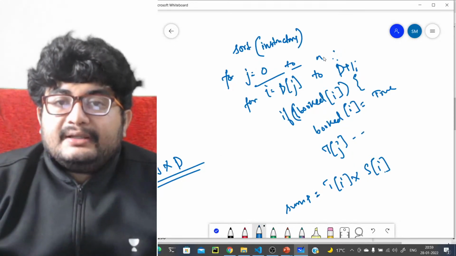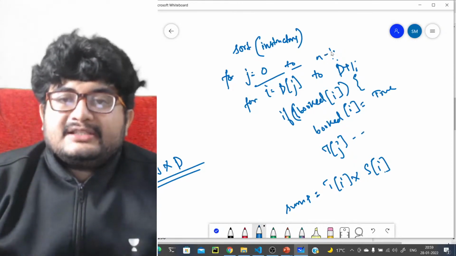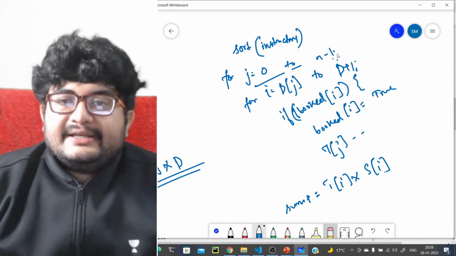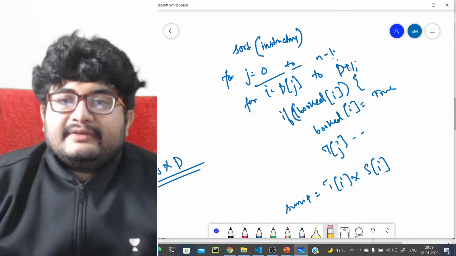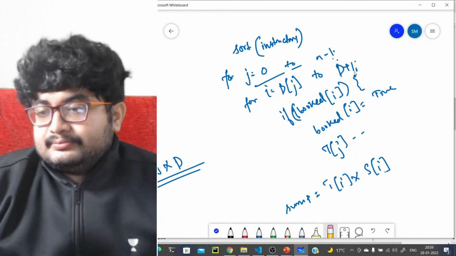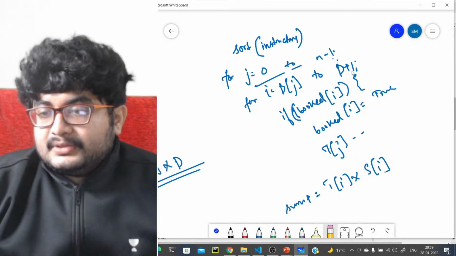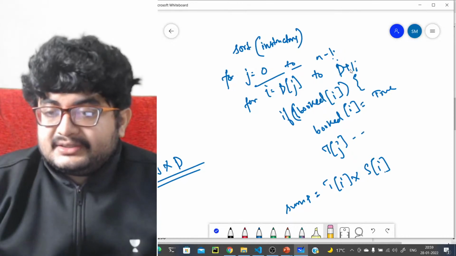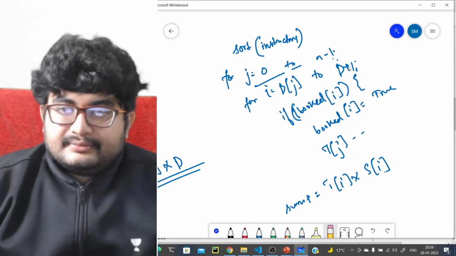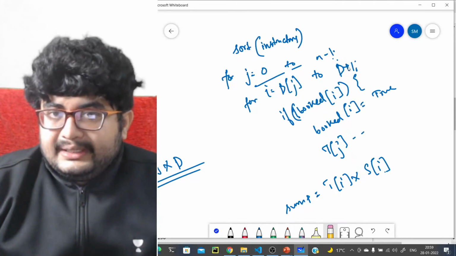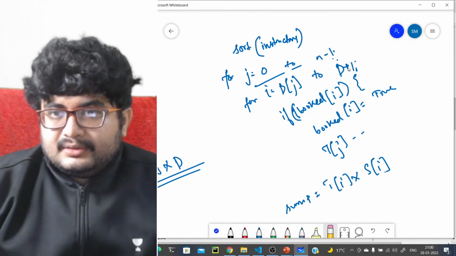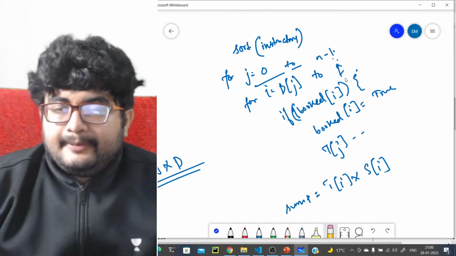Let's write it like n minus 1, and let's write it here up to d. I think that will make more sense. Hash map to store days. Okay, but how will that help? Why would that help, and how would that help?